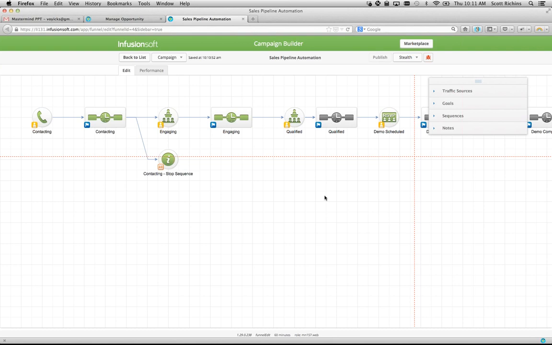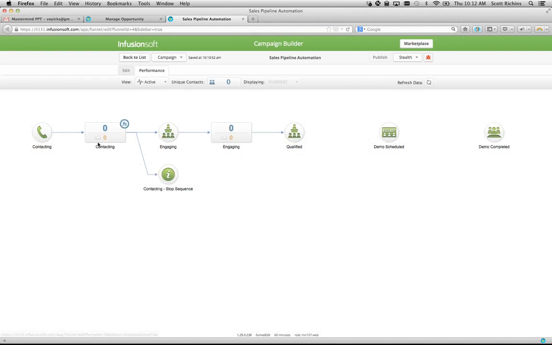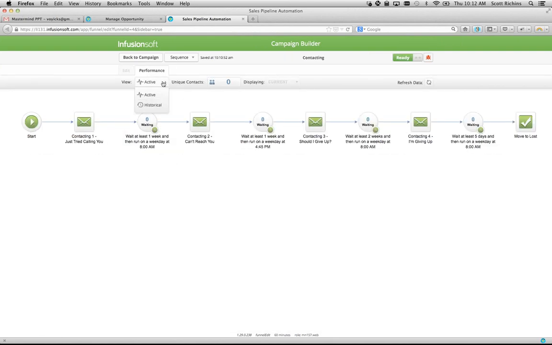For sales pipeline automation, it is there to supplement what your sales reps need to be doing in the first place. The other thing you can do is leverage your reporting to see, are your sales reps being effective? When you look into performance mode, you can look historically,